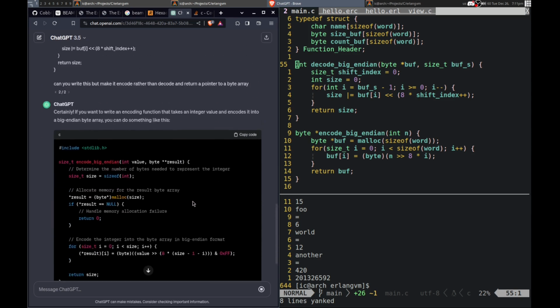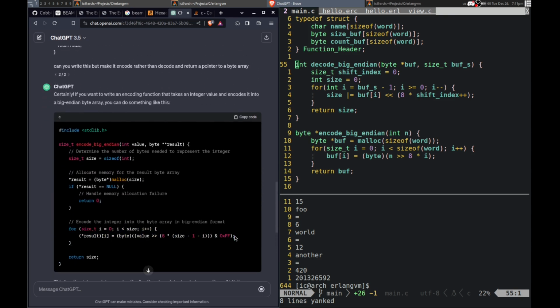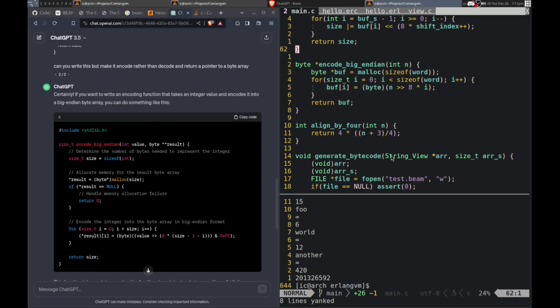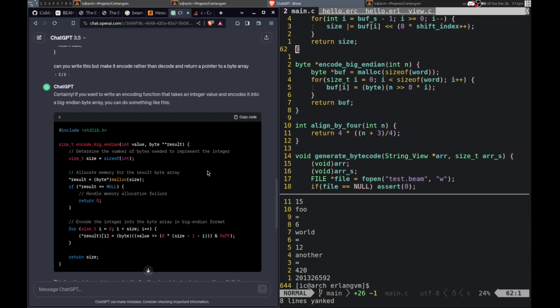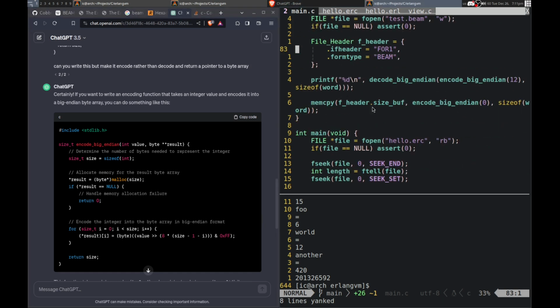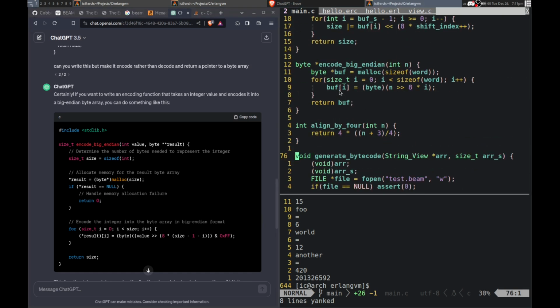So, let's see. Yeah, check that. Okay. Right. Alright, what is this? Alright, so result I is byte value shifted by 8.